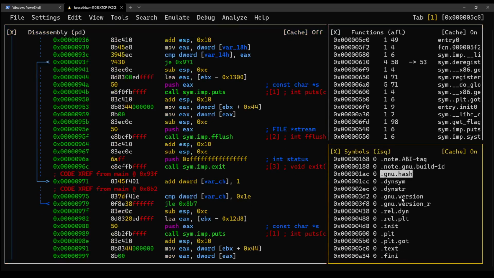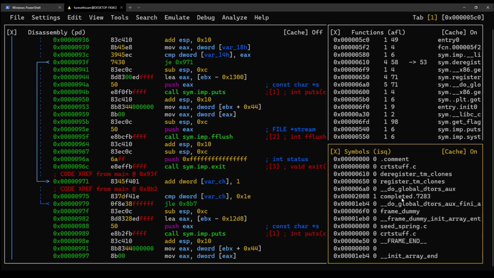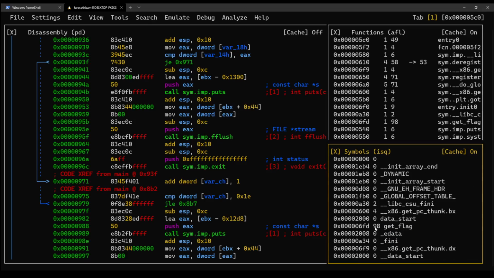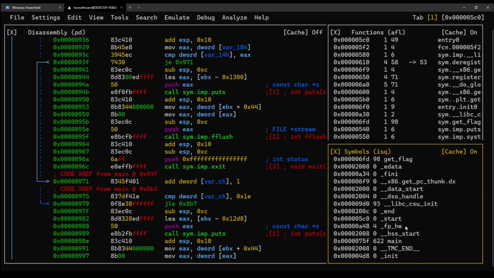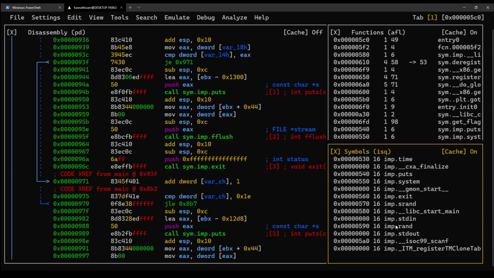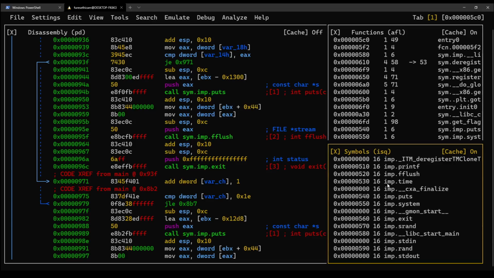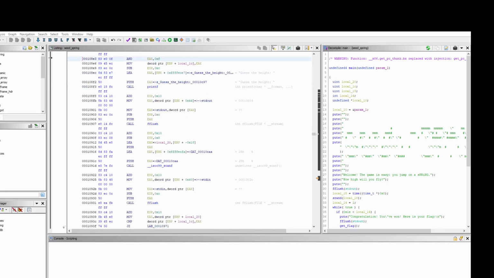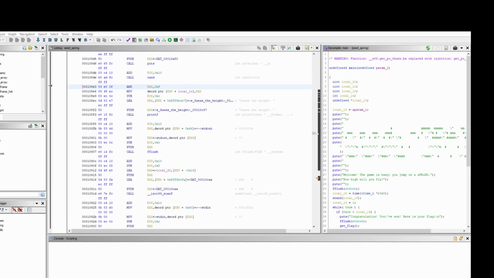Now let's take a look at the function references. We can see the getFlag function being referenced. Additionally, we see the random library being referenced and also srand. Another important library would be the time library, as it gives you Unix time. So additionally, we can use Ghidra to decompile our executable and make sure that the assumptions we made during interpreting the